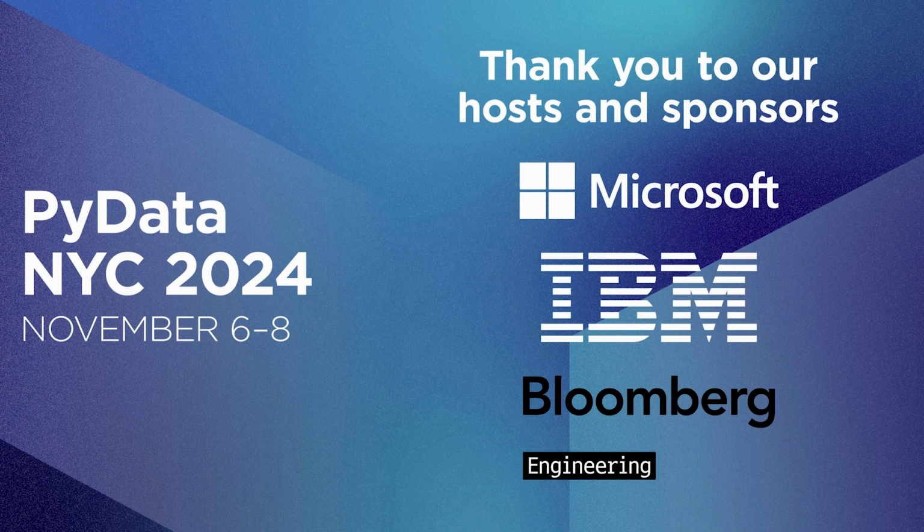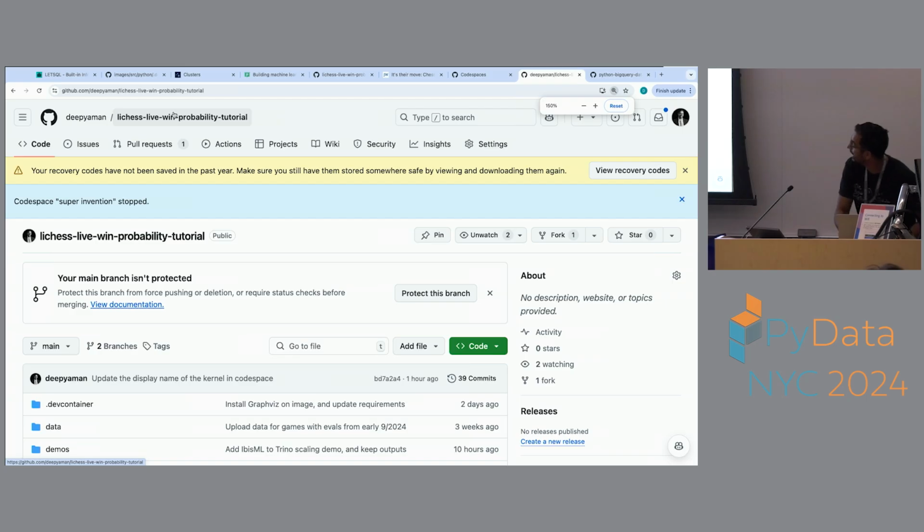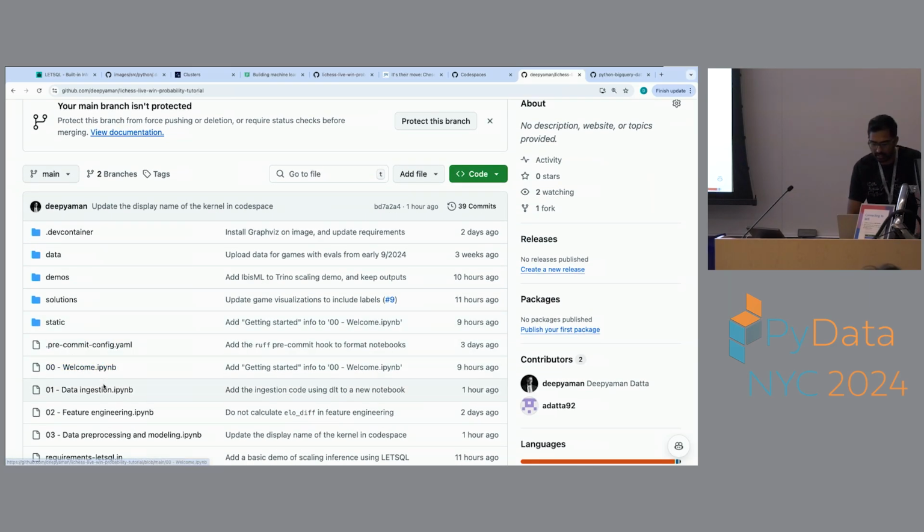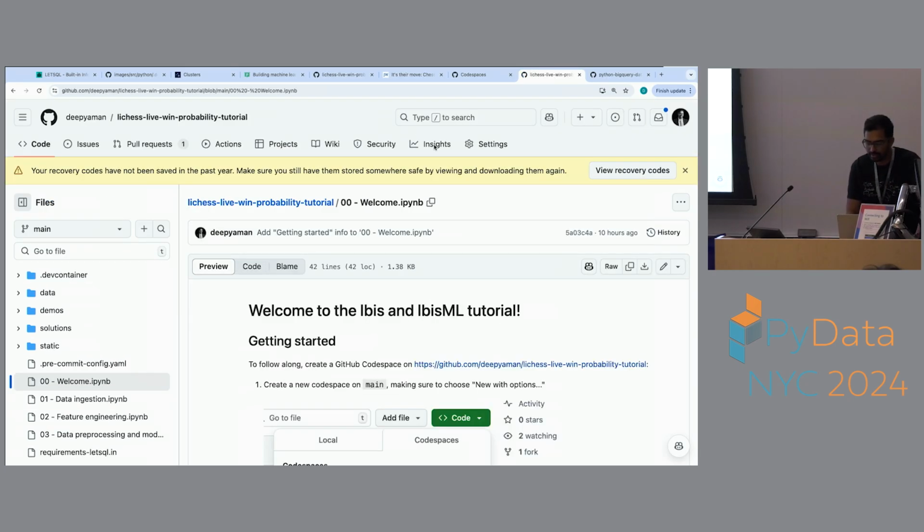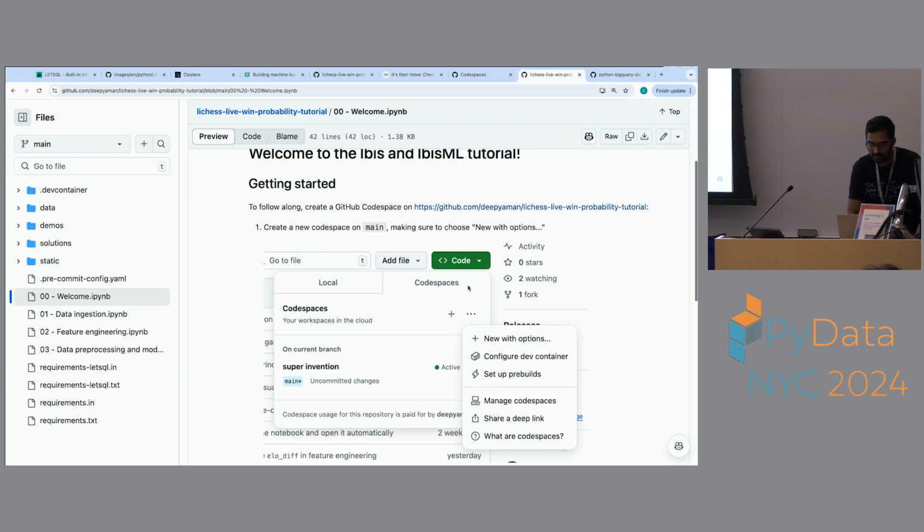If you want to get started with the setup, you can just go to the repository there. You can maybe make it bigger. Anyway, it's GitHub/ppmon/retest language project tutorial. The instructions are in this welcome notebook, but in short, what you're going to do is